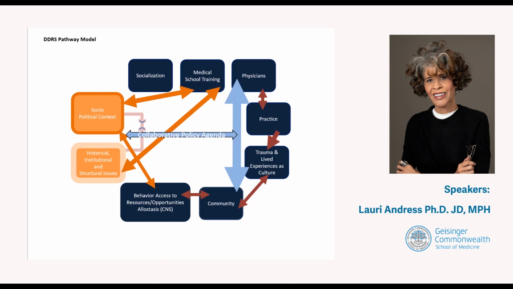The red arrows reflect what should be altered by a greater understanding of structural factors. So what we're doing is grounding you in context and historical and structural issues, which is one of the orange boxes on the left. And we can trace how these factors, context and historical and structural issues work as we integrate them into your medical school journey, which is in the dark blue boxes at the top of the model.